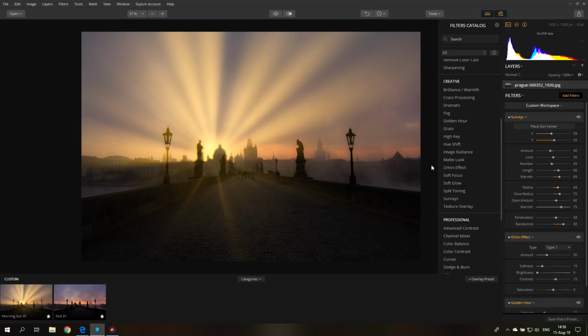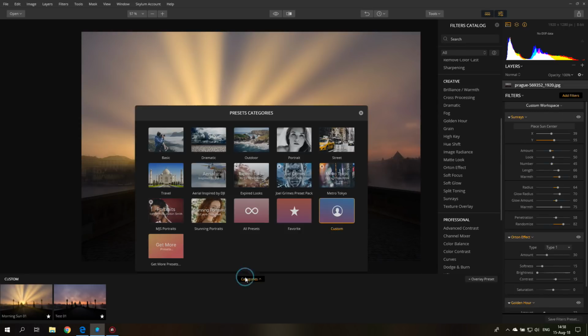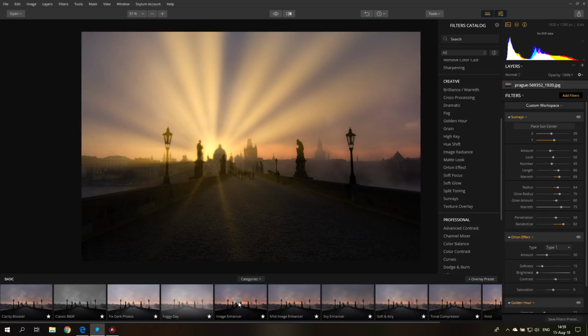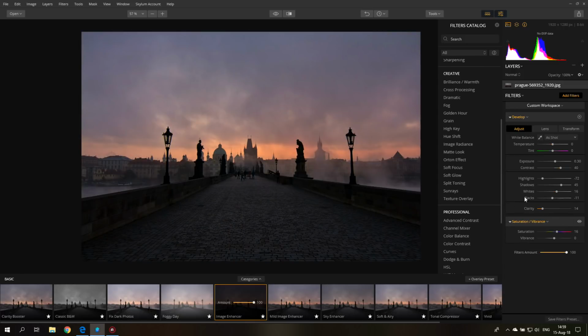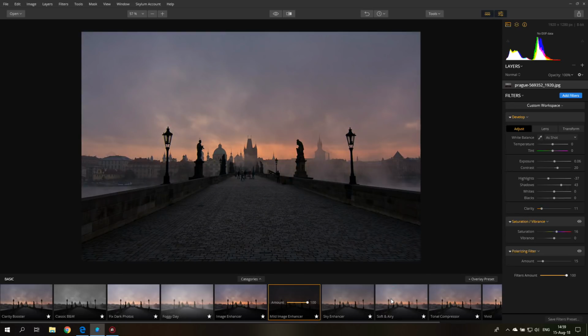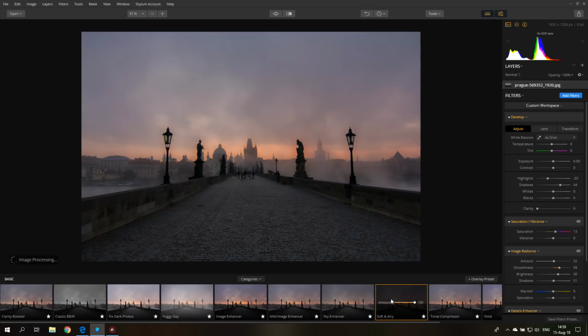What are some other things that we should look at the moment? There is something up here. Right now we have a custom workspace. And by the way, this is also an interesting feature. Let's go back to the different filters we have, for example, the basic categories, and we click on something. And you will see over here, it always changes, and it's just showing the filters that you're actually using in that preset. And this is kind of a nice feature, because in some other software where you have this kind of